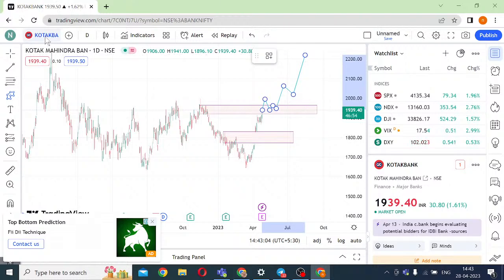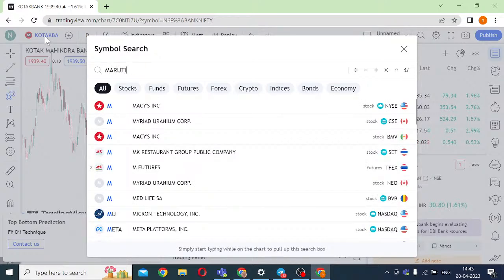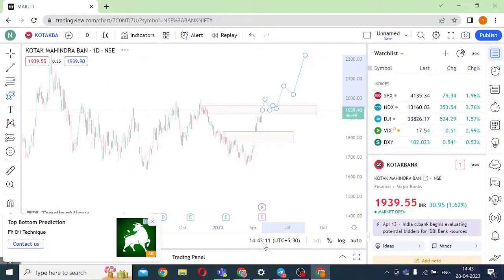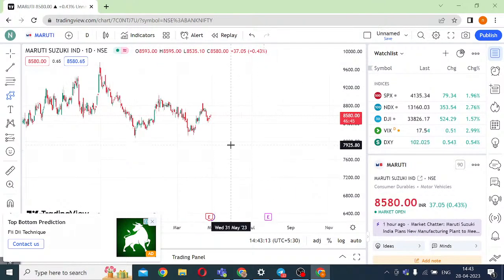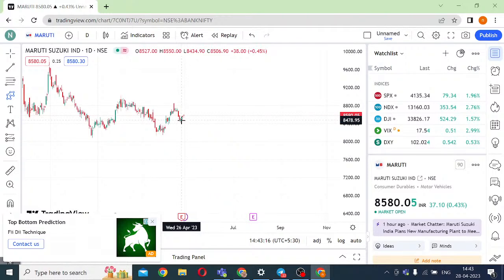I will get on to Maruti. Maruti again, if you see, it's a funny chart actually. It created a base below. Post that, if you see continuously, it's opening up, selling comes, and then again the buying comes. If you recollect, I had said either gap down, or if it comes back to test the areas of 8540 and 8550, you can go ahead and enter again.